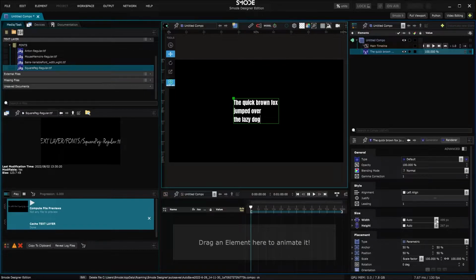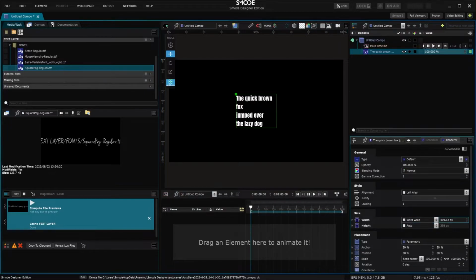But width can be switched to word wrap. Change the size of the box and Smod will break the line at some words. Shrink to fit mode modifies the width of every character of the text regarding the width of the box. Parameters can be automatic or clamp.